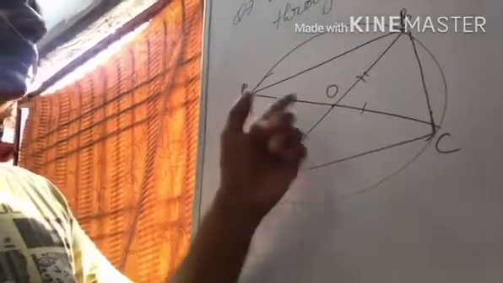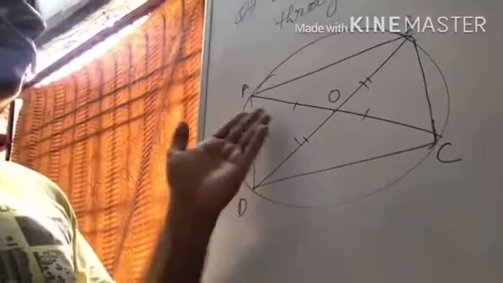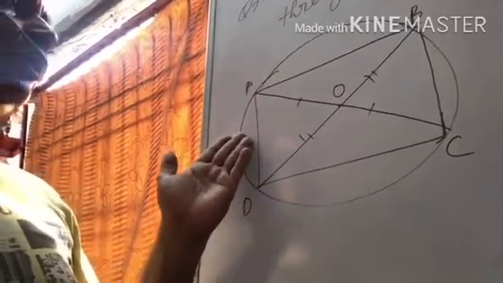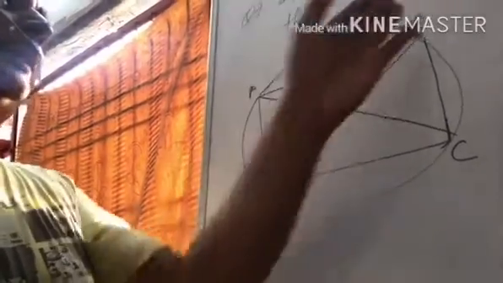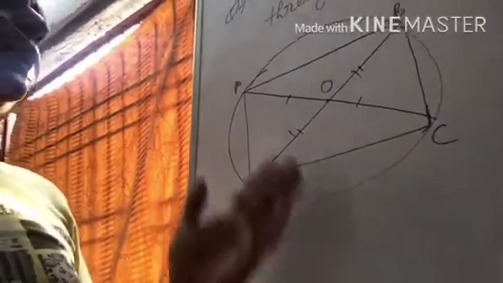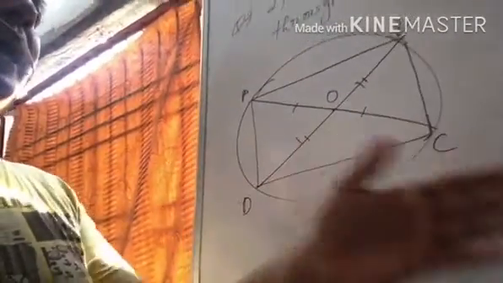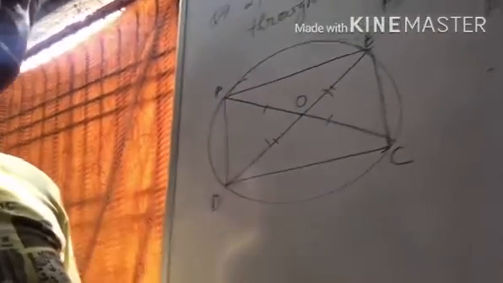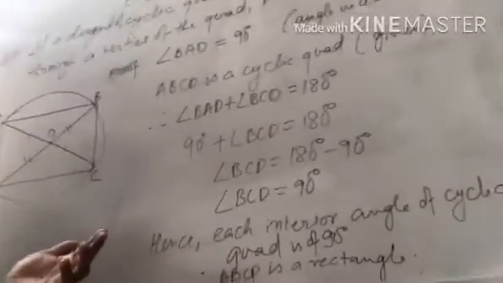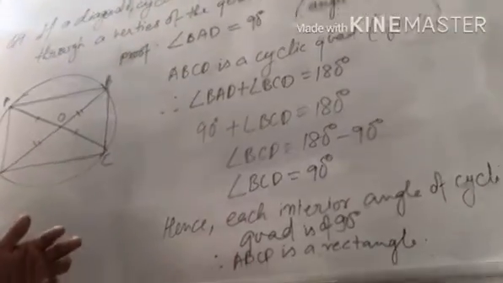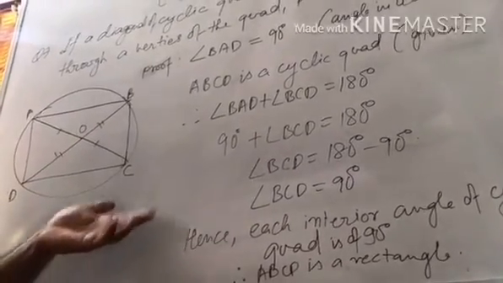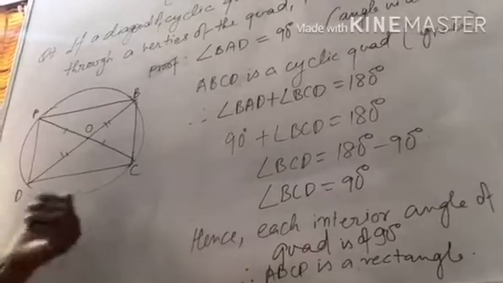That is why I marked this is equal to this and this is equal to this. When we prove these two triangles congruent, then we can use AD is equal to BC by CPCT and AB is equal to CD by CPCT. Now the opposite sides are equal and all angles are of 90 degrees. This is another way, if you are not able to understand, this is the short way. So you can use the congruency rule to prove this question, and you are able to understand.